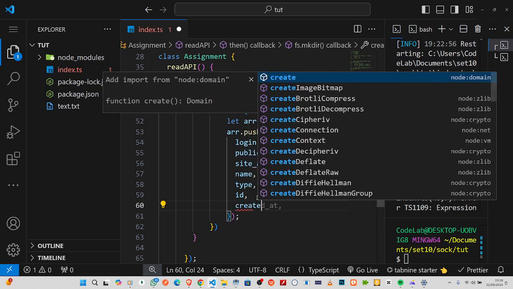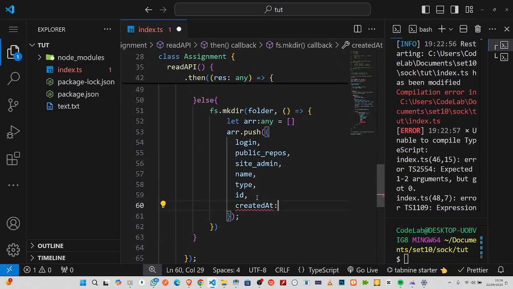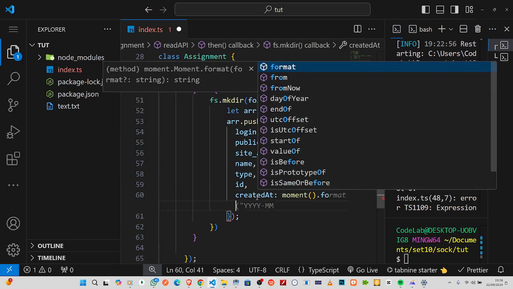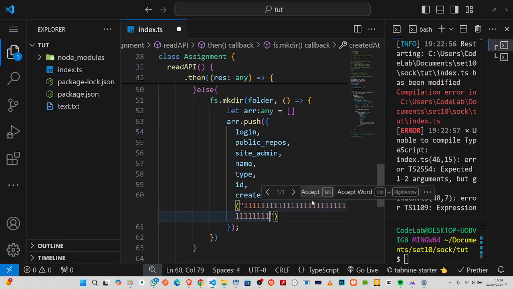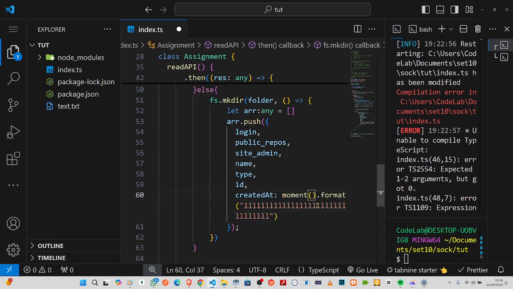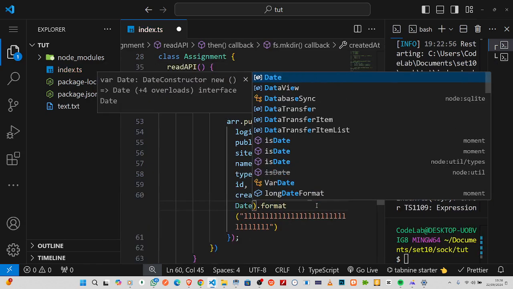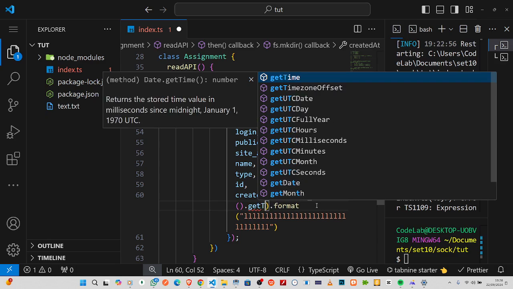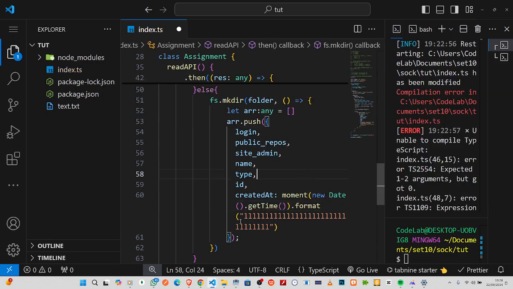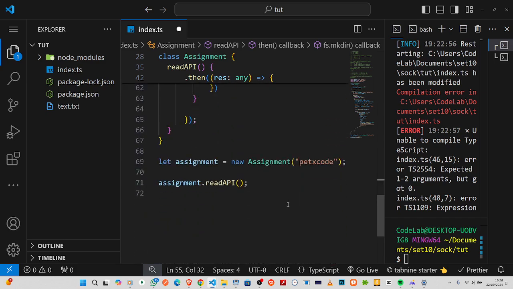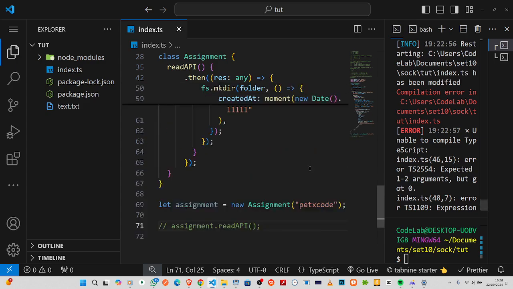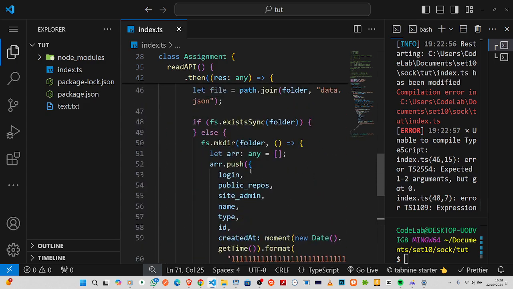Then I go add one more thing, we go be createdAt, right? So that now will be moment dot format. So inside that format I will pass 1 2 3 4. Then inside there we'll say new Date dot getTime. So that's what we want to make it be inside here, right? So we fit save, but I don't want to save it. If I might just remove here first, but if I save now, you go just create,